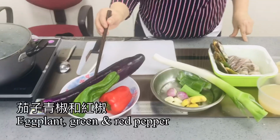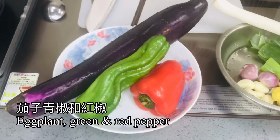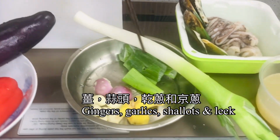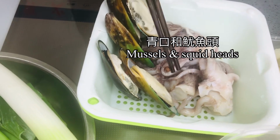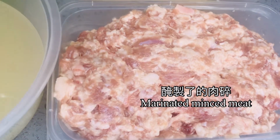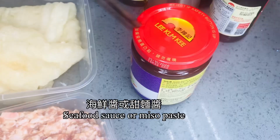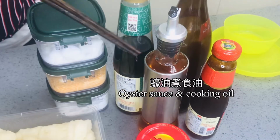Come, let's see what the ingredients are for today's cooking. Eggplant, green and red pepper, ginger, garlic, shallot and leek, mussel and squid heads, fish mouths, marinated minced meat, 250 ml of chicken broth from simmering fish mouths, seafood sauce or miso paste, oyster sauce, cooking oil,